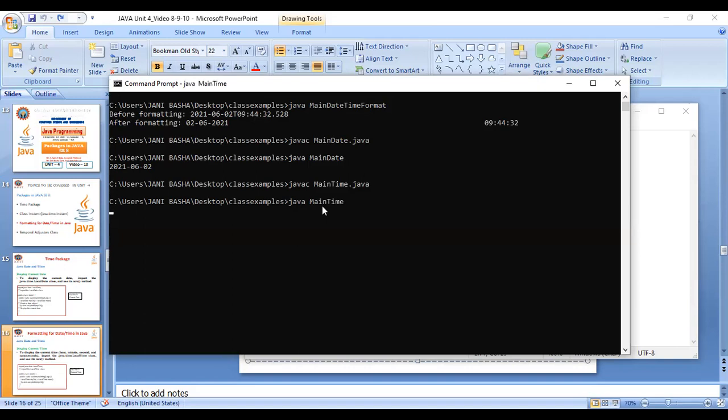Compile now. So now I'm executing this class. It will display the current system time. In my computer, the present time is 10 o'clock, 24 seconds and milliseconds. So the entire thing is here: 10 o'clock, this is the minutes, and then this is the seconds. Seconds will be displayed as 24.995. Even with the milliseconds, it will display the time.